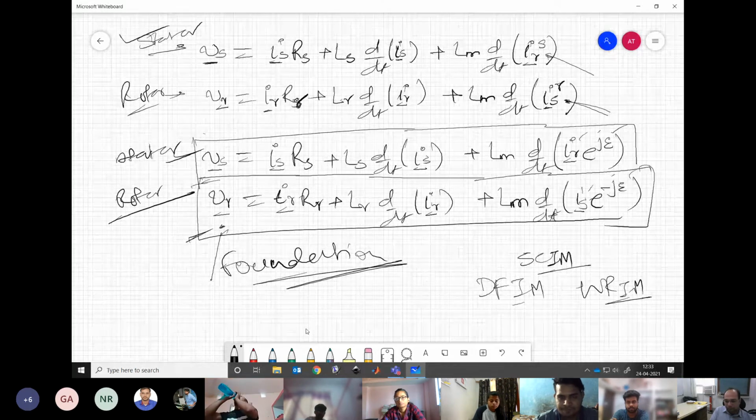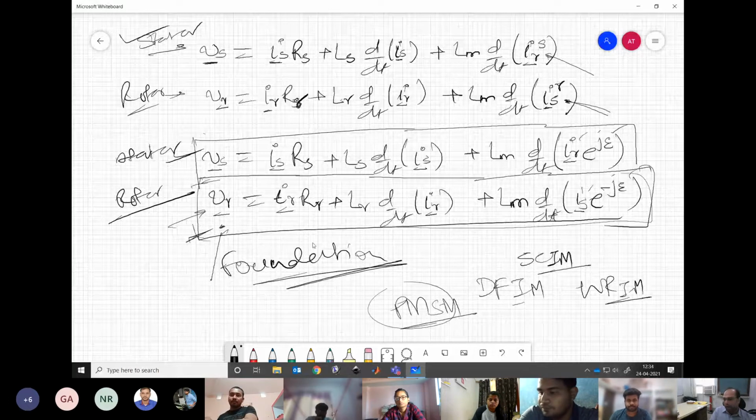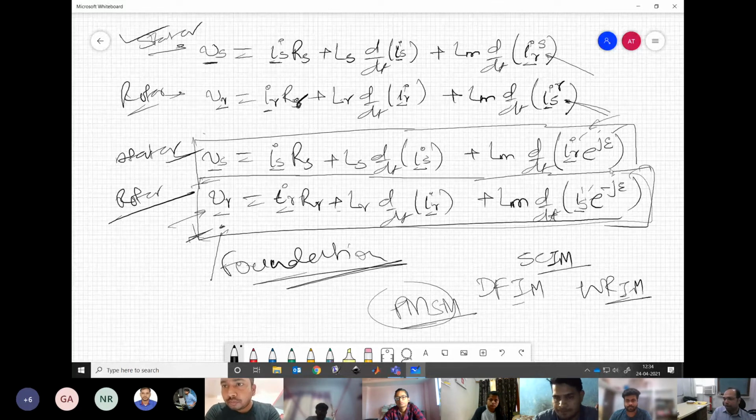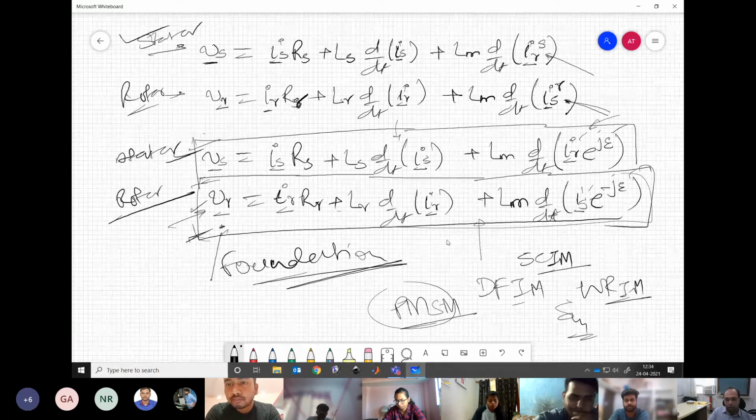Then we have permanent magnet synchronous machine. Then we think that the rotor equation should not play any role in that because it is all magnet over there. So actually this equation will not do anything, but we need to define Ir and other things in terms of magnets what we are putting over there. So this is the foundation of how you do the analysis or the modeling of the machine. Any motor you take, synchronous motor, again, you can have the equations defined like this. But one thing you have to keep in mind is that these equations are valid only for symmetrical machines.